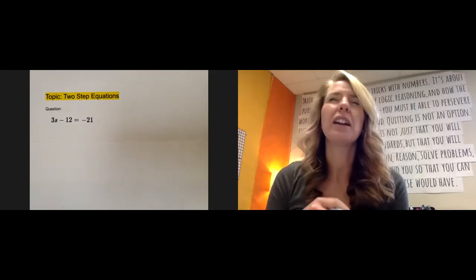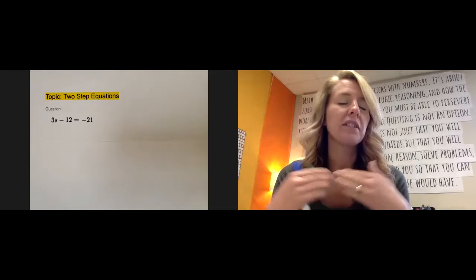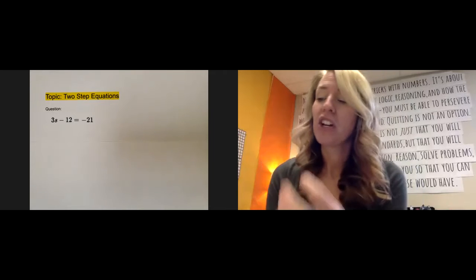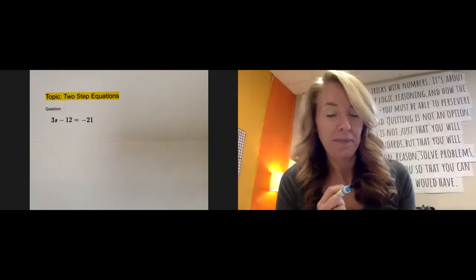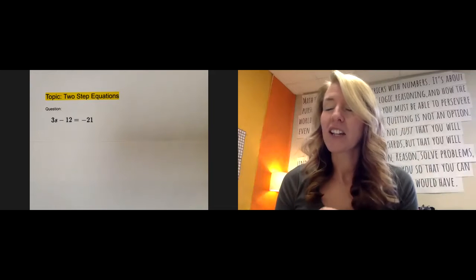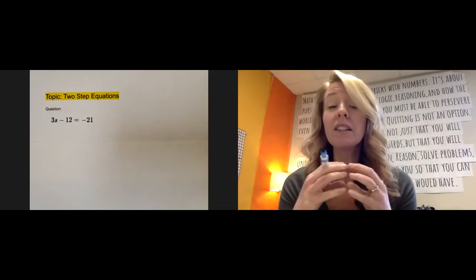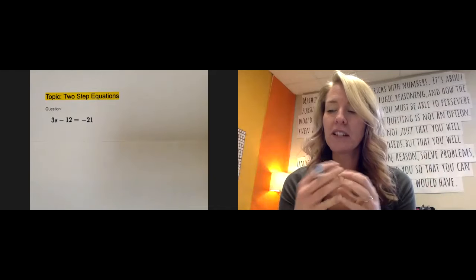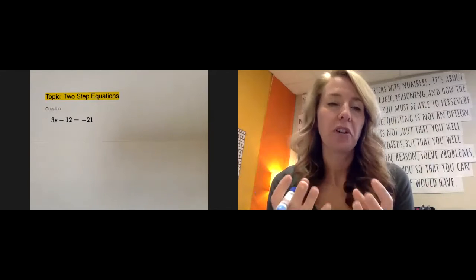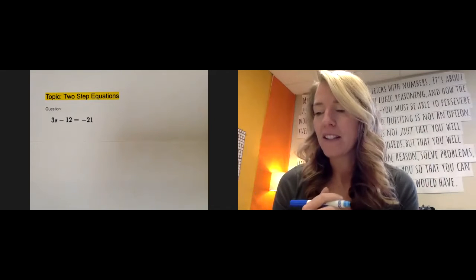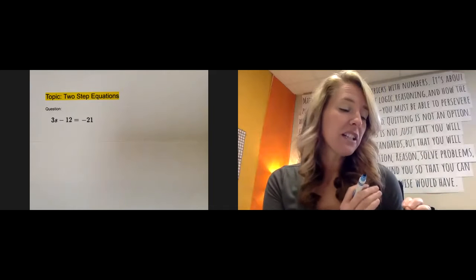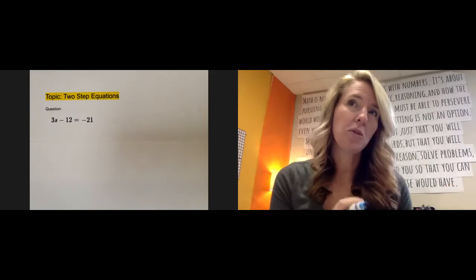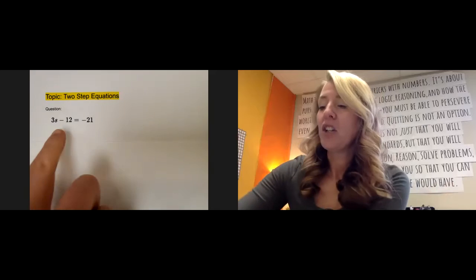Every equation is a little bit different, but on these basic two-step equations, you want to do the addition and subtraction, and then you want to do the multiplication or the division. Think of it as your weaker bond with your variable is going to be undone first, and then your stronger bond is going to be undone next. I like to think of adding and subtracting as the variable's cousins, and multiplying and dividing as the variable's siblings. So if you're at a party, you want to